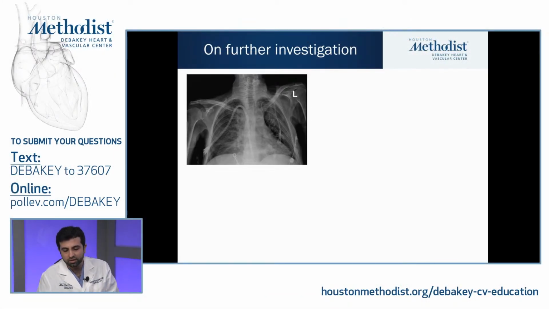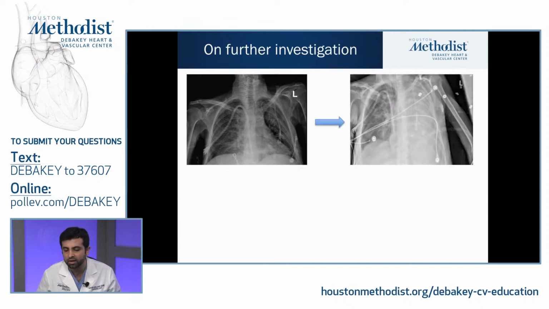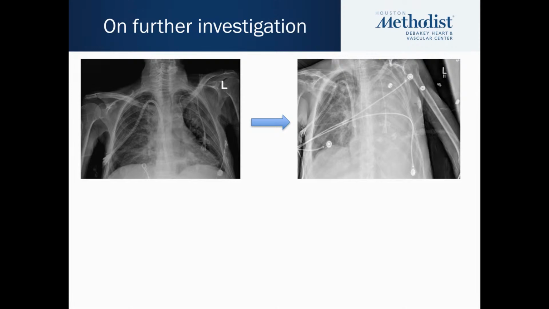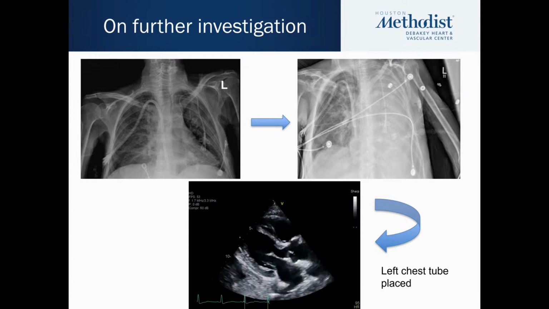So if you look at his imaging, he had an X-ray a few days earlier, and now his X-ray shows full whiteout of the left lung. And the cardiologist that's taking care of him is very good. They decided to do a chest tube instead of rushing to do a pericardiocentesis, and notice that there wasn't any